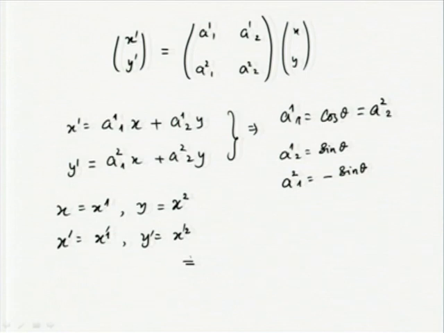This then leaves us a compact notation: x prime alpha equal to A alpha beta x beta,